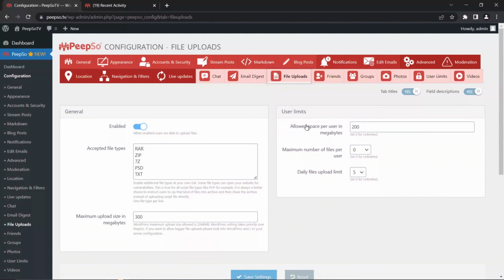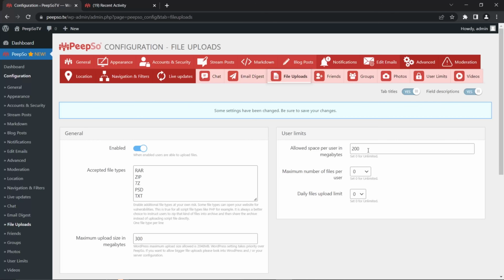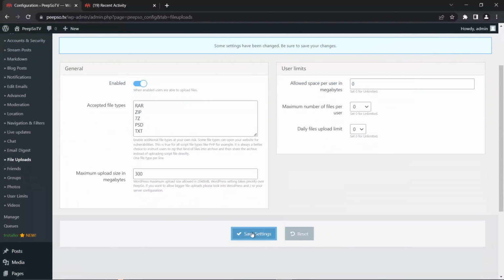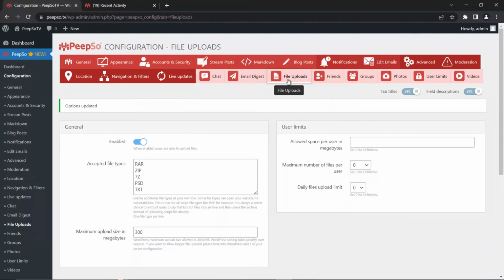Okay, I'm back as an admin, so all of these options over here on the right hand side will be applied to the users. And of course, at any time you can set everything to 0 so it won't be applied. There will be no restrictions whatsoever. Okay, let's save these settings and now we can go to